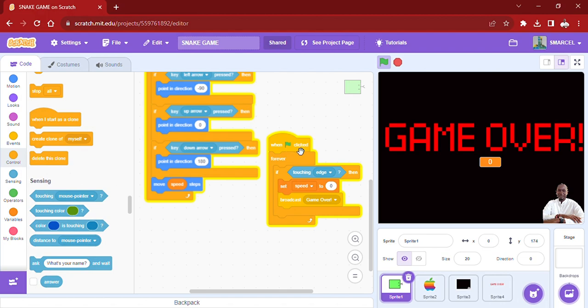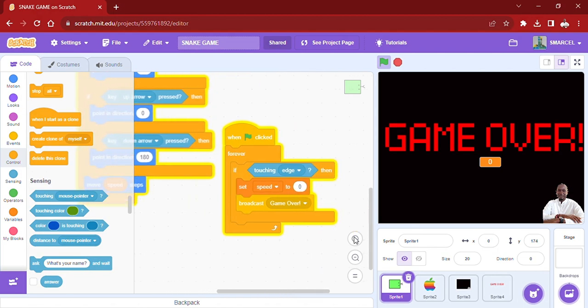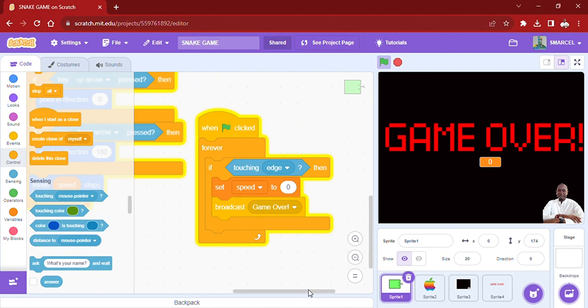When the flag is clicked, let me zoom so that you can see. When the flag is clicked, are you able to see that? That is forever. Then if, then condition block touch edge, so that when the snake touches the edge, we are going to use that condition. If the snake touches the edge,